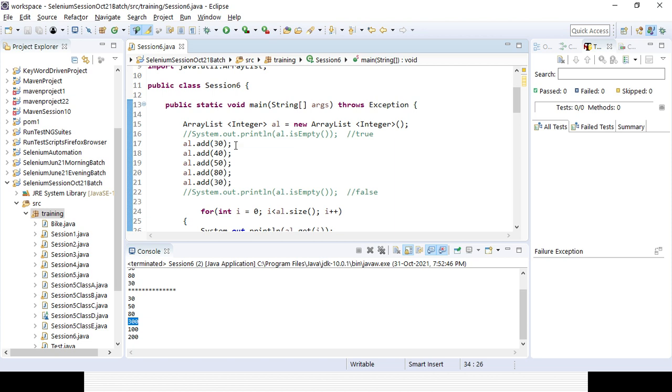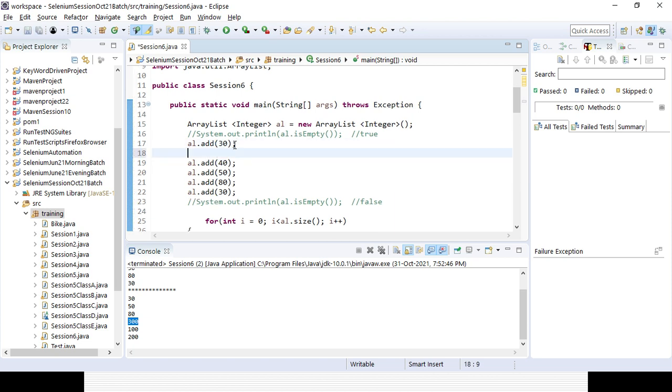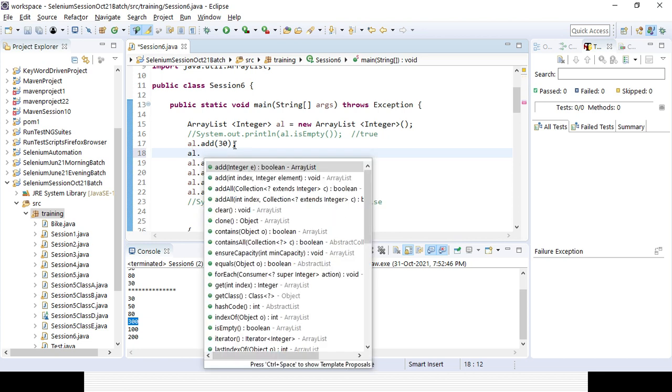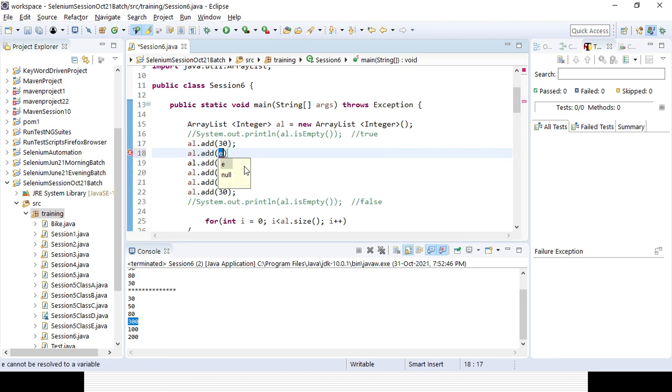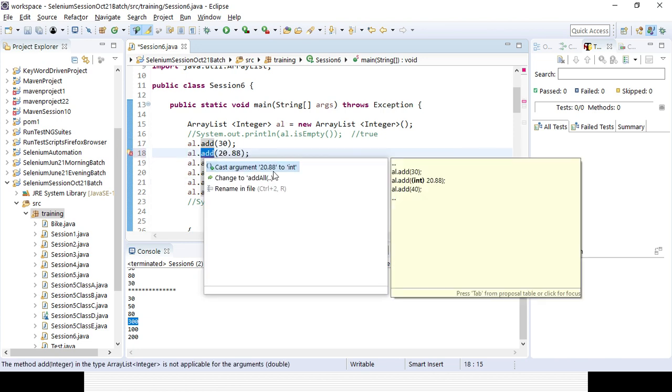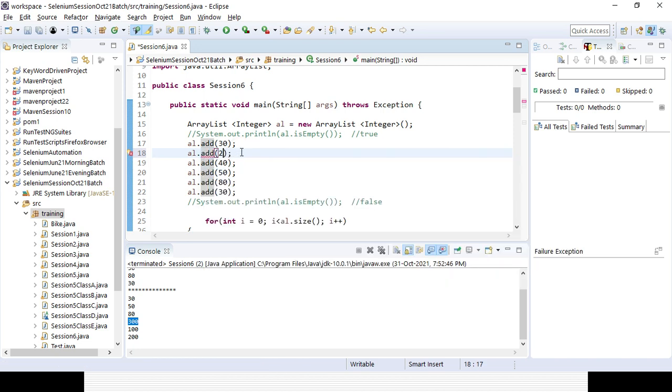It should not allow. Now you can see an error message coming, right? You need to convert it to integer. It will not be allowed.